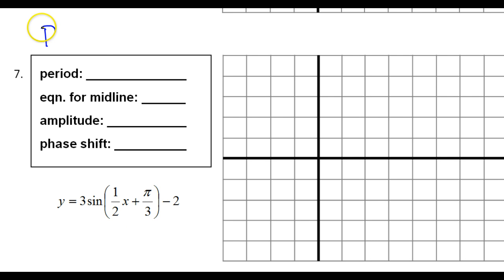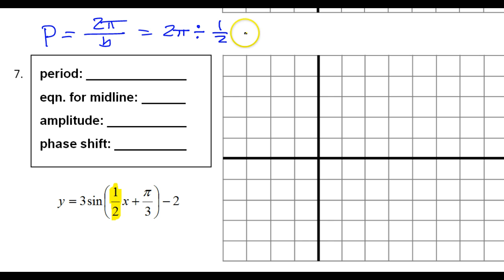We can calculate the period by doing 2 pi divided by the b value. The b value is this number in front of the x. So we have 2 pi divided by b. In this case, it'll be easier for me to write it this way: 2 pi divided by